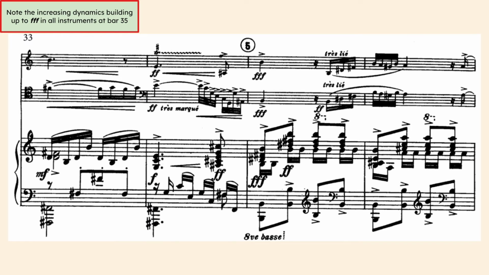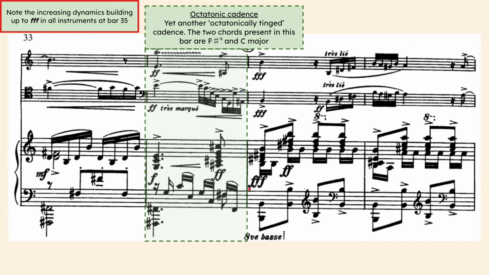In this next system, we're building up to the climactic part of the piece at bar 35, which you can see from these increasing dynamics. Bar 35 has some fairly extreme triple forte dynamics in all three instruments. And yet again, we get an octatonically tinged cadence at bar 34, which, yet again, uses the same octatonic scale